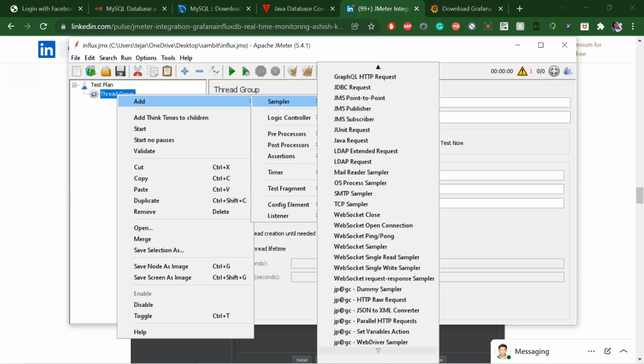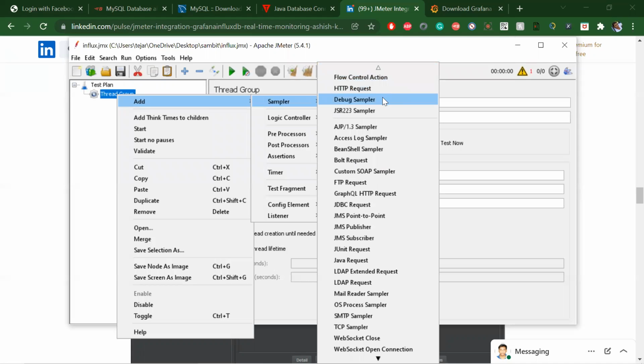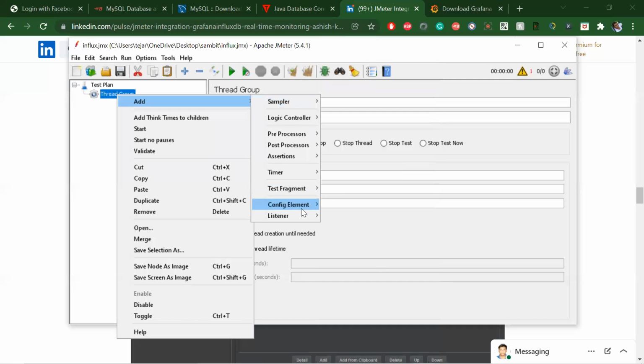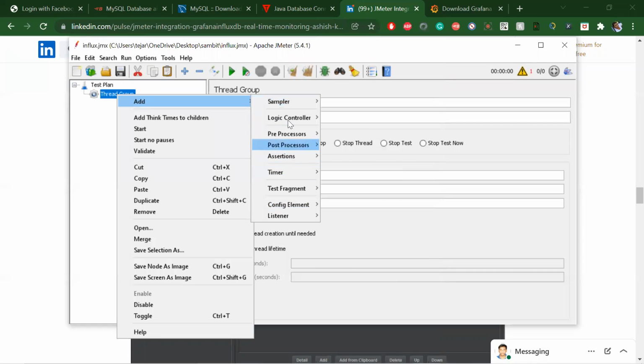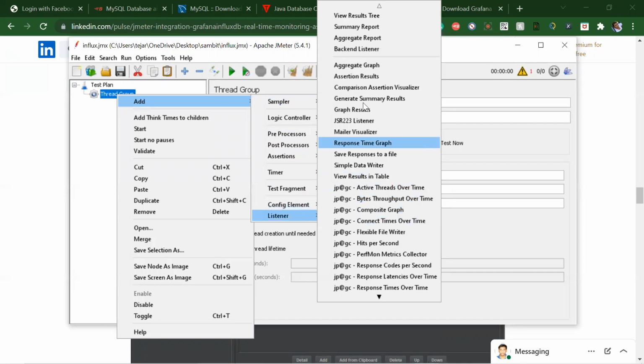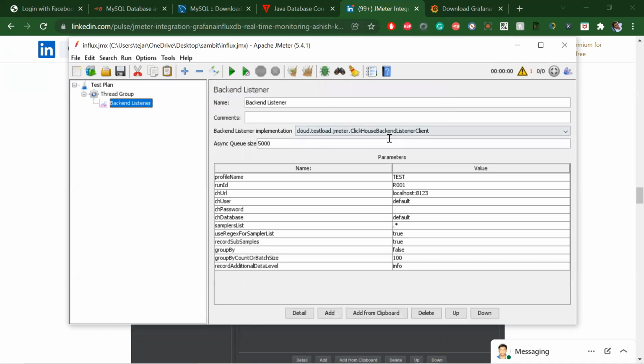It's the backend listener. You need to restart it, right? No, it restarted automatically. Oh, sorry, the listener, I need to look. Backend listener. Okay, yeah, here you can select.